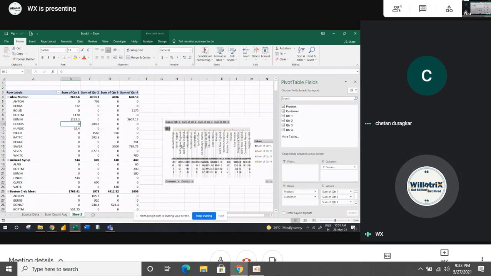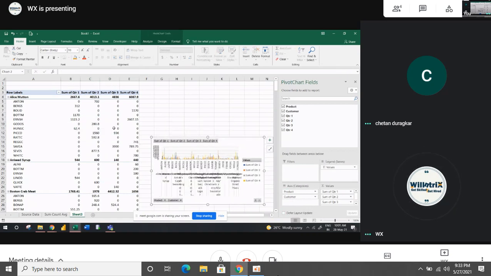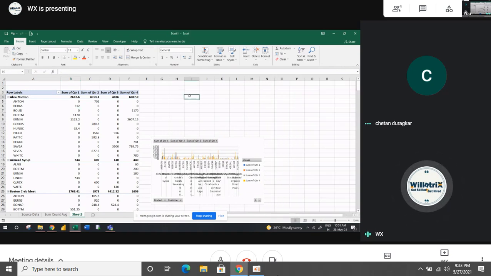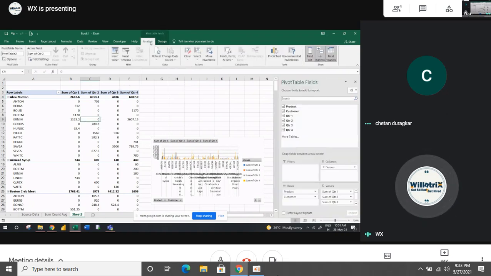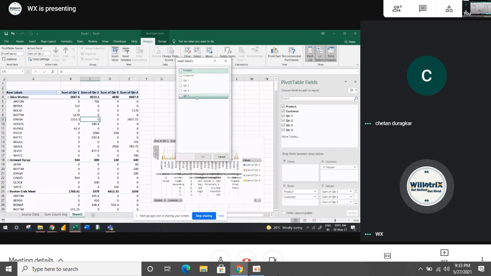Now, instead of using the filter option here, there is an option in pivot tables called slicers. When you are in a pivot table, you can see the PivotTable Tools on top, where the extra tab options are added. When you are outside, you can't see the pivot table options, so you should be within a pivot table. Then go to Analyze, and you can see the Insert Slicer option. Once you click on it, header-wise slicer options appear. You want to insert a slicer based on product or customer. I want to take both product and customers, so I select both options and give OK.